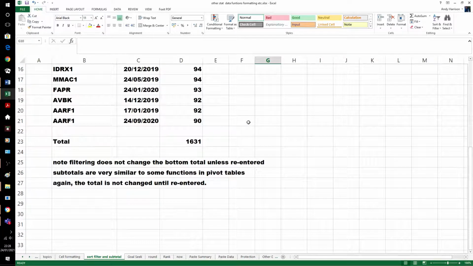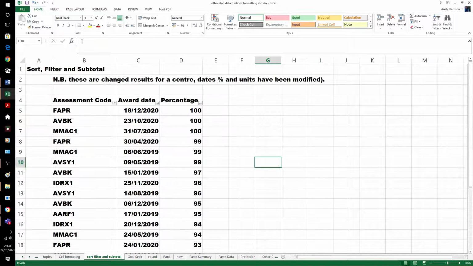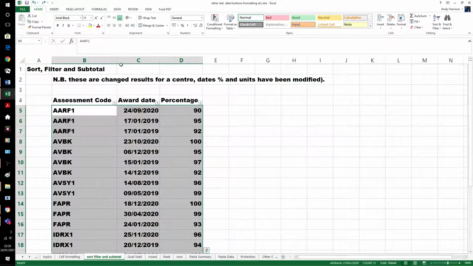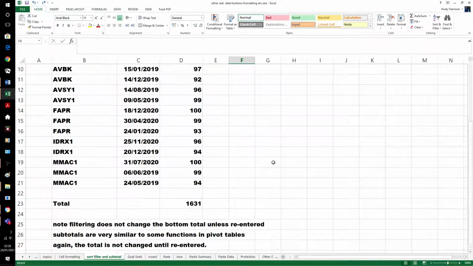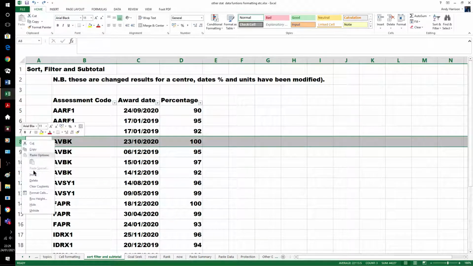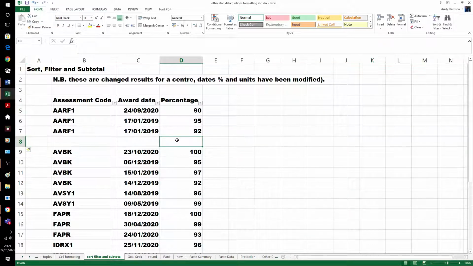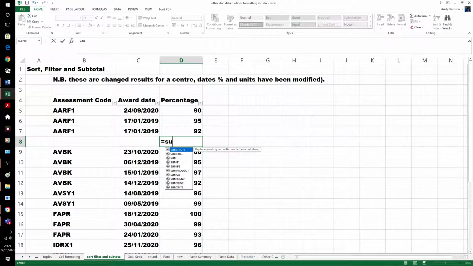So notice again that number's back to where it is, but that's not actually how we want it for this. So if we go back to having them in this order, we can do some subtotal work, and again it won't change that total until we re-enter it. So subtotals just allow us to break lists down. There's various ways of doing it. It's one of many. Main thing to remember